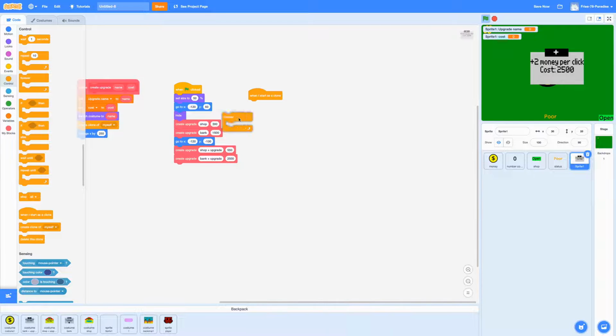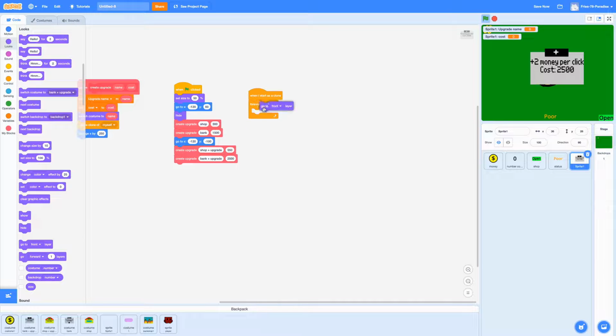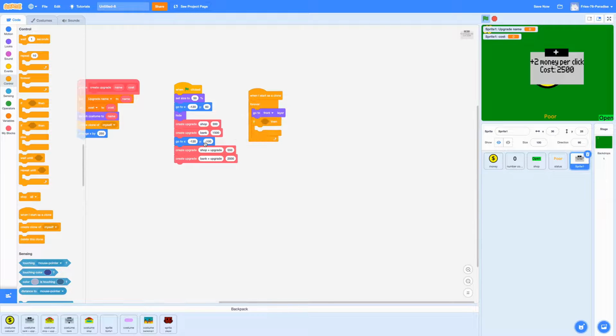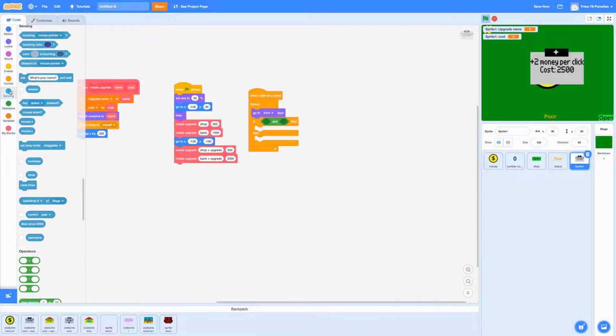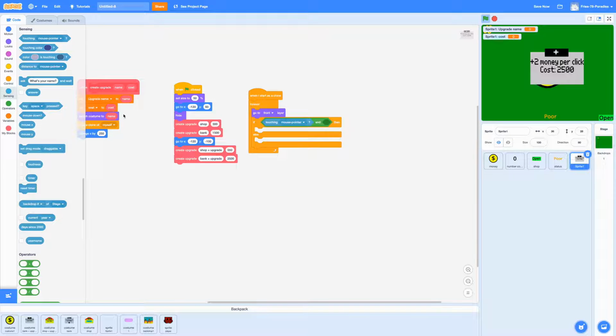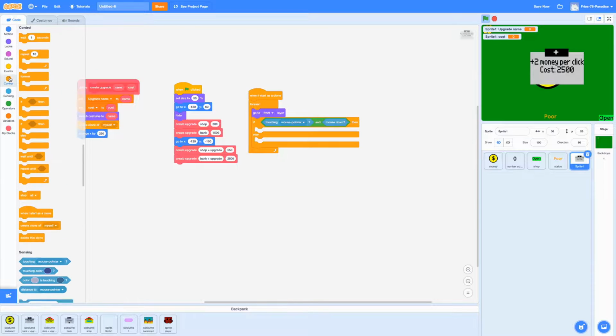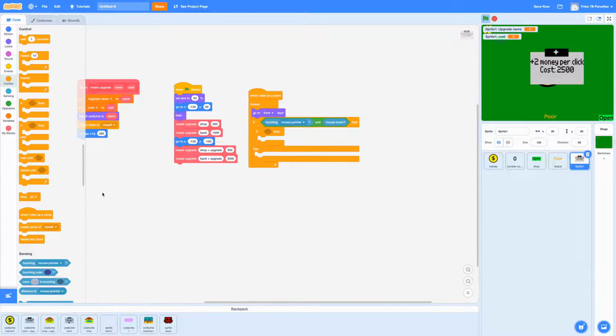Forever I will go to the front layer, and then I'm going to drag in an if else, actually, an if else. Inside of the if I'm going to put in an AND operator, and inside I'm going to put in if touching mouse pointer and the mouse is down, and then if also we have enough money to purchase the